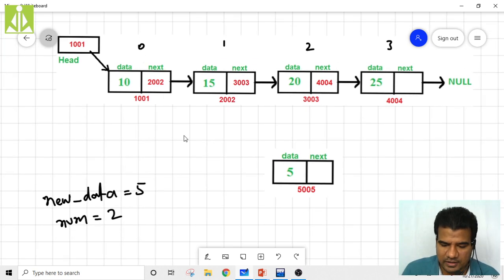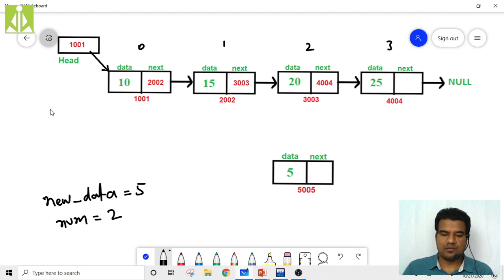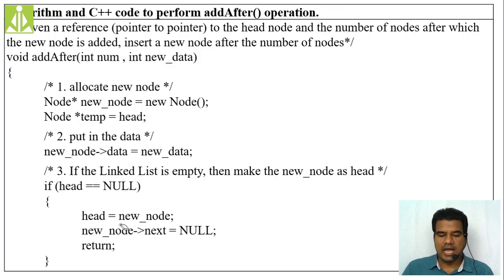I'm taking one temporary pointer over here, like this box, and I'm giving the name as temp, and what I'm storing into it, I'm storing the head value, as you can see over here.